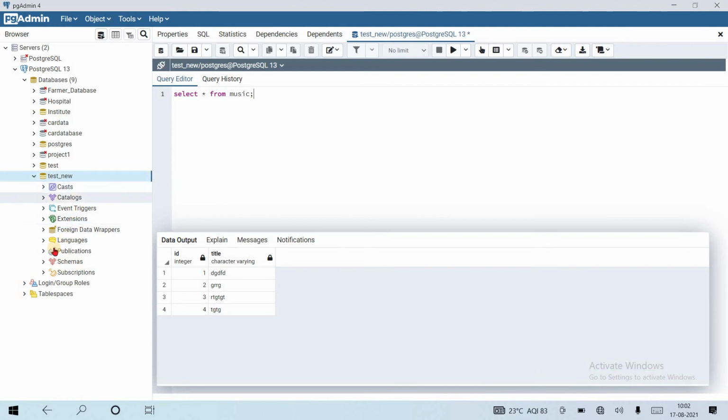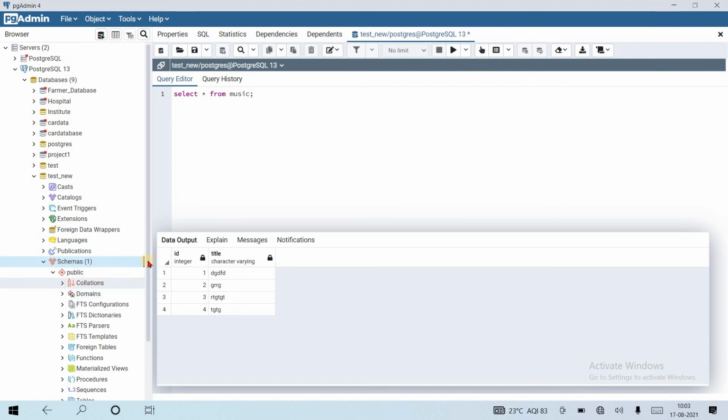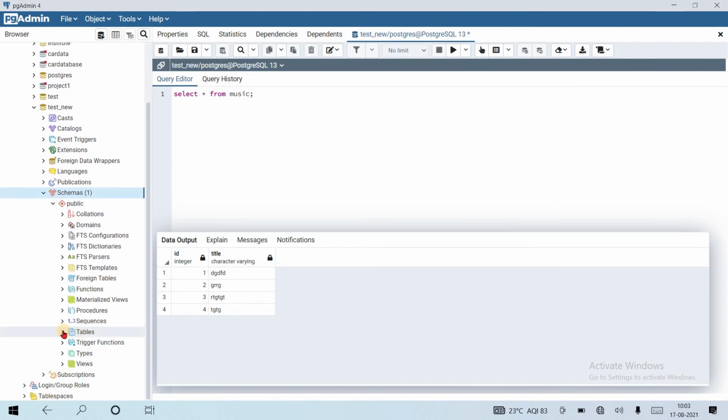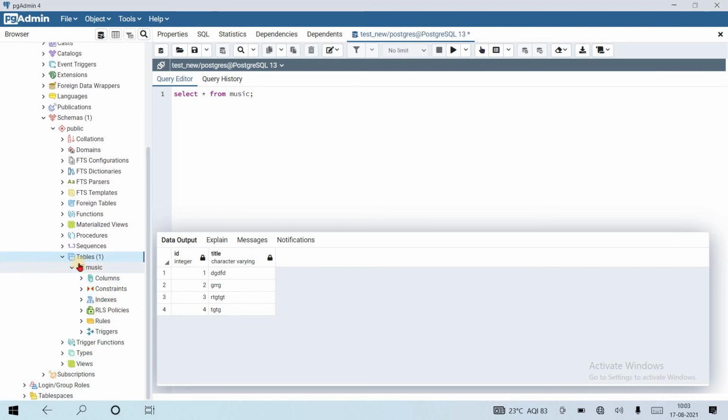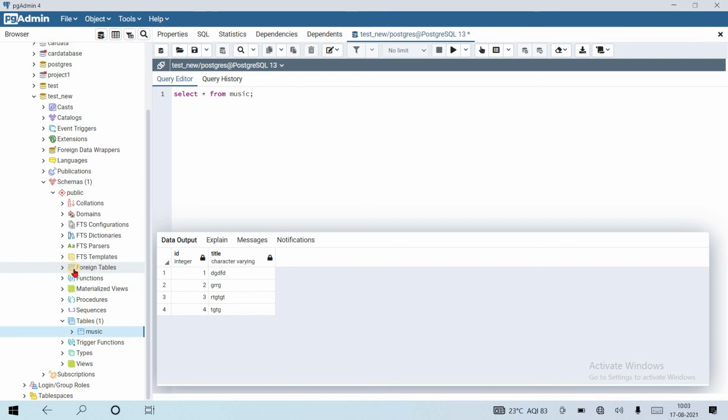Now, duplicate the public schema with all data. Inside schemas, we have by default a public schema, and inside this schema all the data tables are created, so the table music is created. If we want to duplicate this public schema, let's see how we can do this.